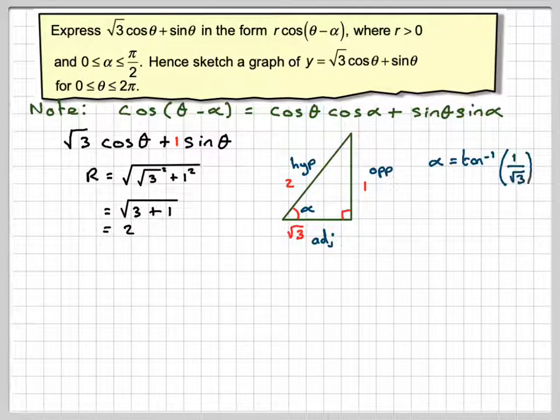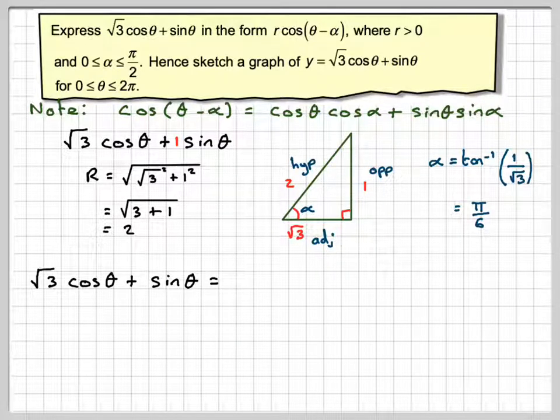So alpha will be tan to the minus 1 of 1 over root 3, which is pi by 6, 30 degrees. So root 3 cos theta plus sine theta is going to be equal to